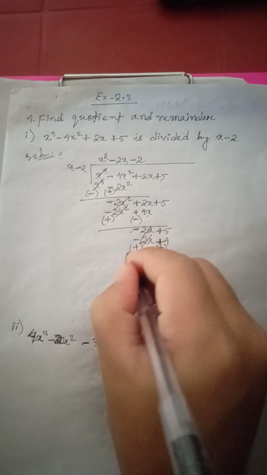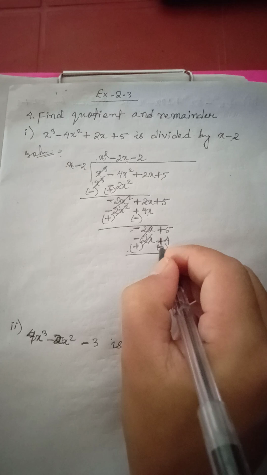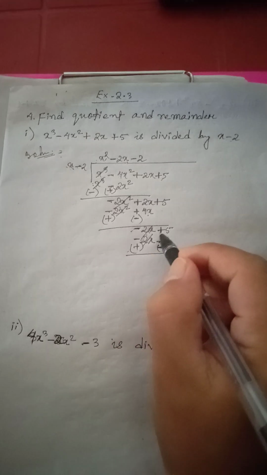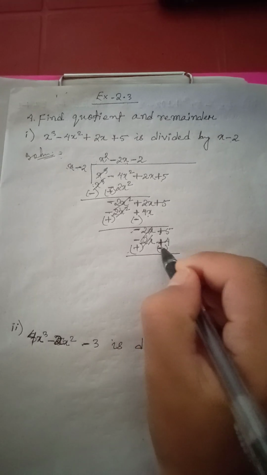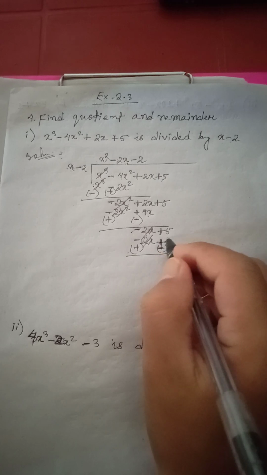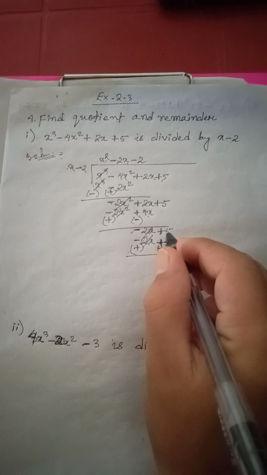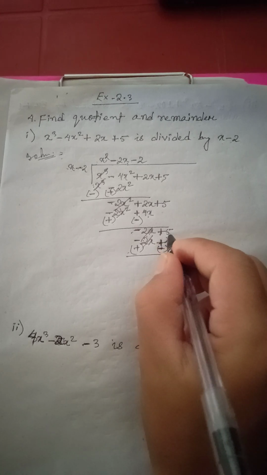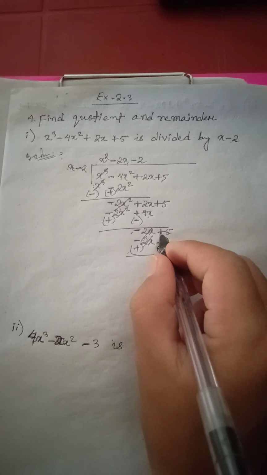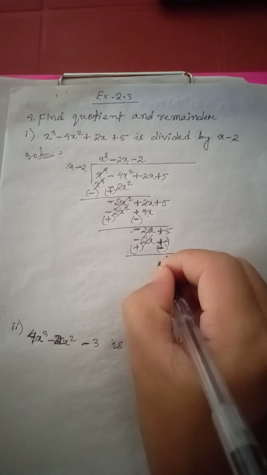Now we can cut this 2. After that, we have minus. In this we have plus. Minus into plus will give you minus. 5 minus 4 will give you 1. What is the greater number? This 5. And what is the sign just before the greater number? It is plus. We have to write plus, but